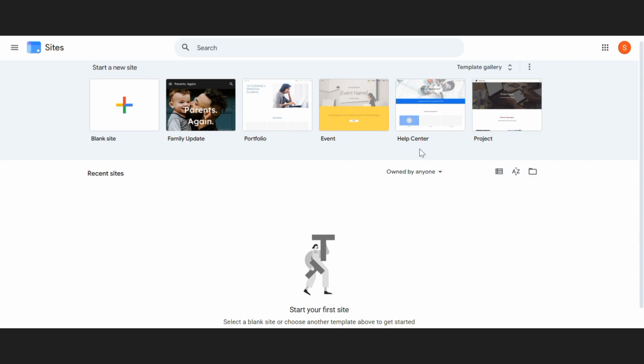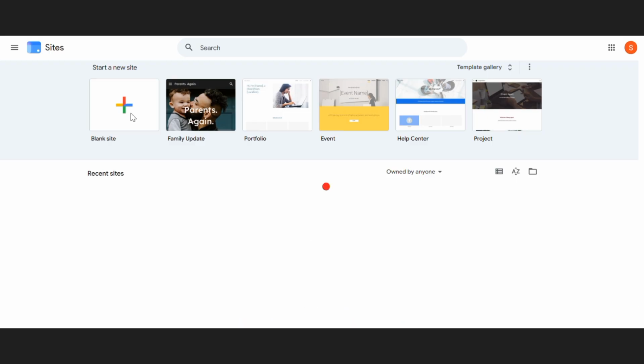Now first thing you have to do, you have to go to your web browser and open Google Sites. Once you open the website, you'll be brought to this page here. Now you have to click on the plus icon over here to get a blank site which you can use to create your personal websites. Once you tap on it,